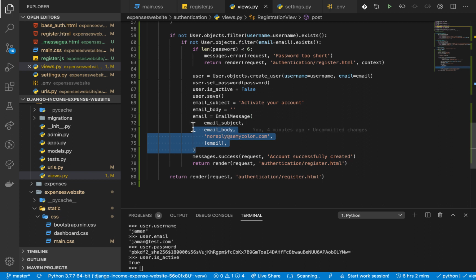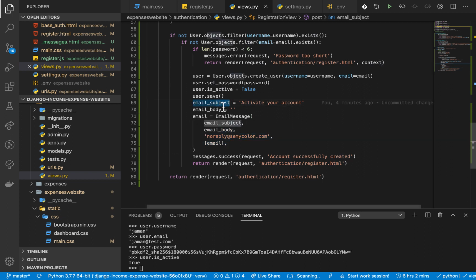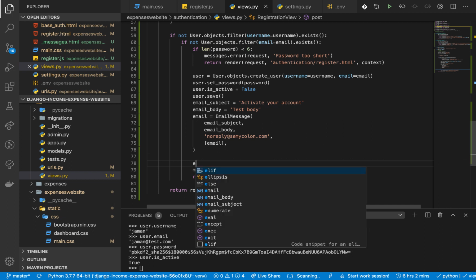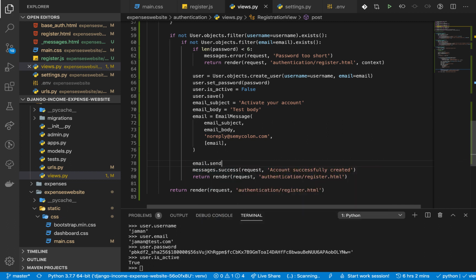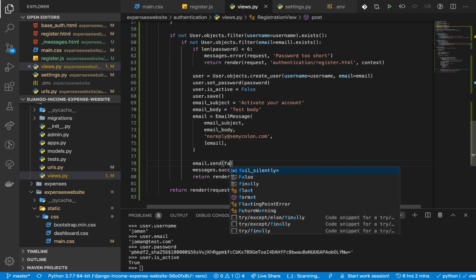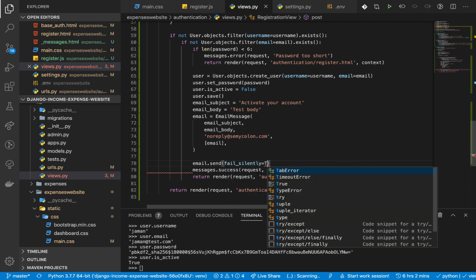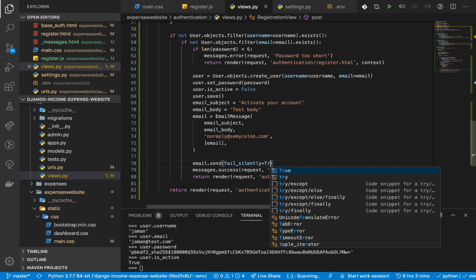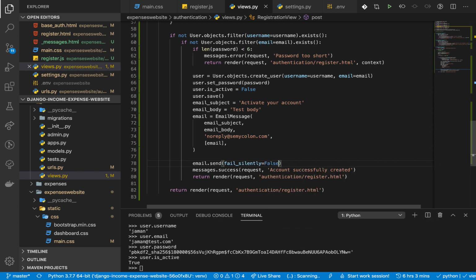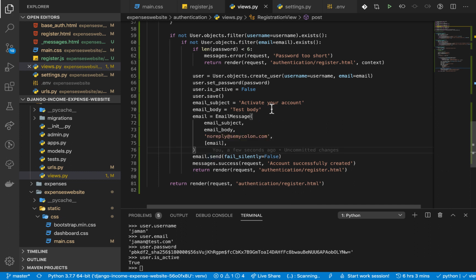If we look here, now we know we have the subject, we have the body, which is empty, I may actually add something as a test body. Now we need to send out the email by doing email.send. You can pass fail_silently just to get errors if there are any. So if you want to get errors, you pass False. Okay, so once you do that, now test it out and see if we are able to get an email